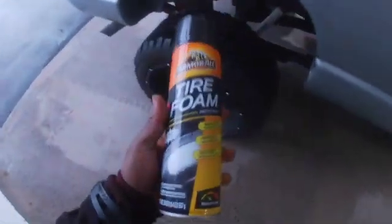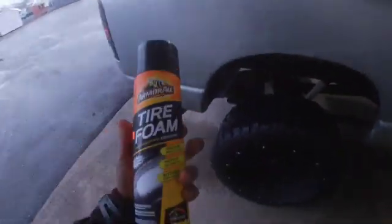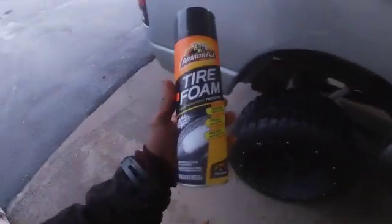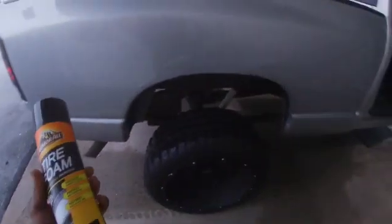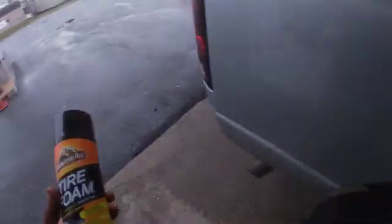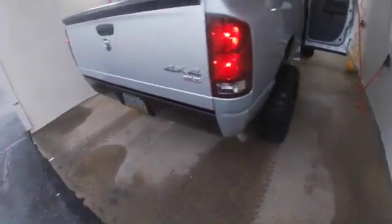And this is one thing right here I use on my tires. Like I said, I'm not one of those people that do all that extra stuff to clean your car. All I gotta do is just wash my tires off. My tires are clean right now, so if I want to, I can just spray this on, and that's about it. For me, this is what worked best. And if you're looking to keep your car clean, or if you're like me, one of those people who just doesn't like driving a dirty car,